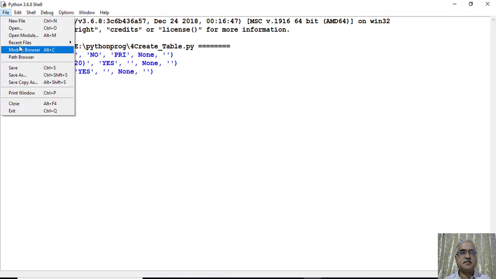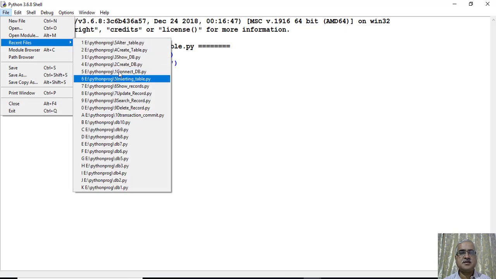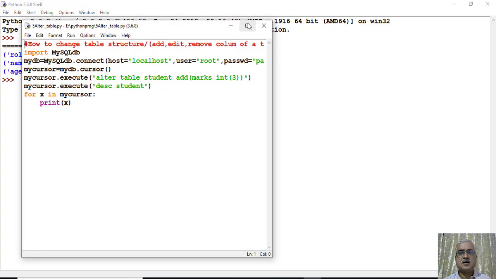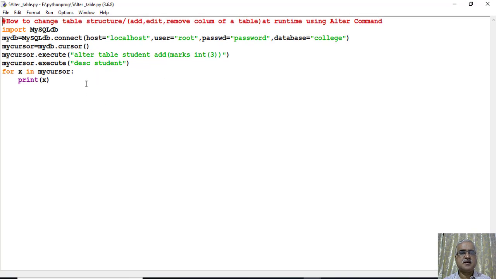Now we will alter the existing table by using the alter command. As usual we are importing MySQLdb, creating the mydb connect object, creating the mycursor object, and along with the mycursor object we are using the execute function, and in this execute function we are passing the SQL query alter table student, and we are adding one more column, that is marks of type integer, into the already existing table student.